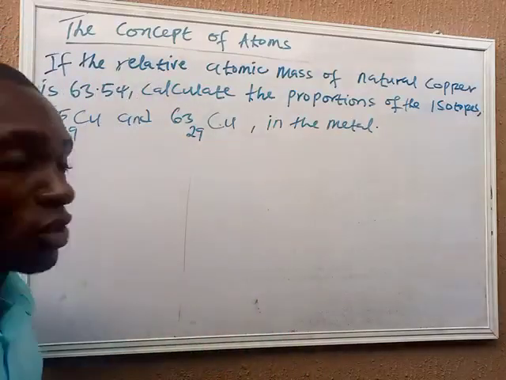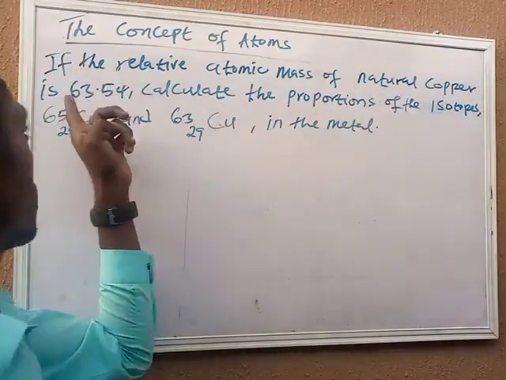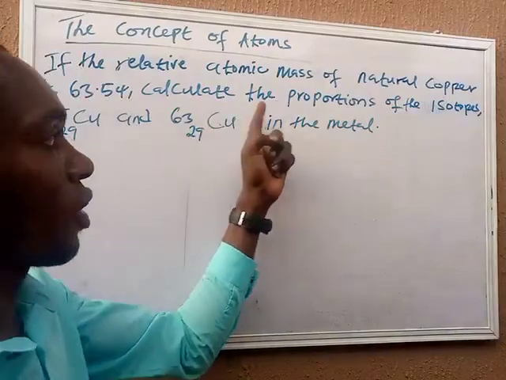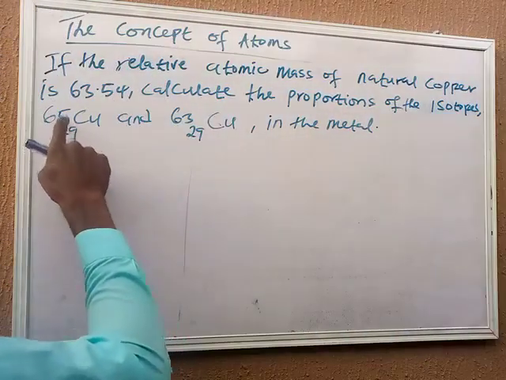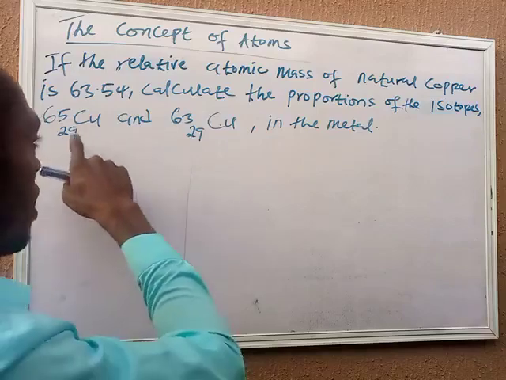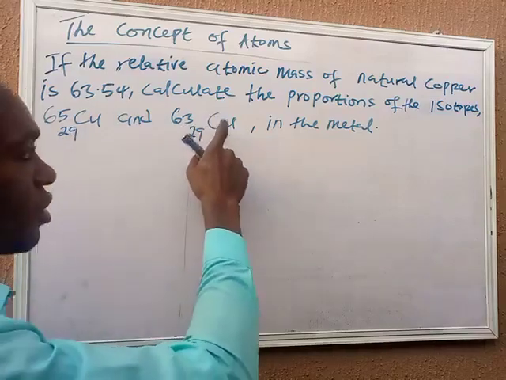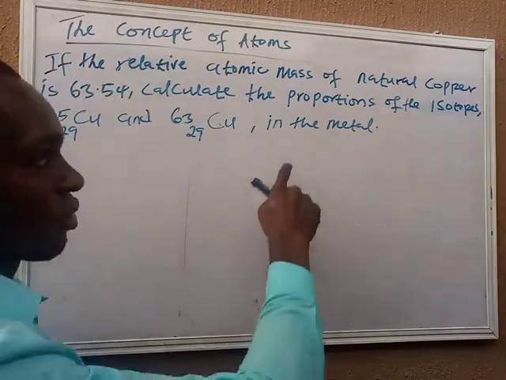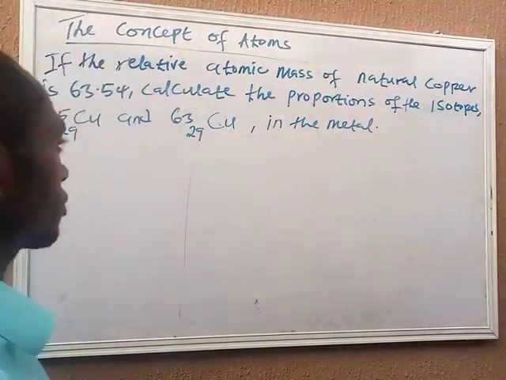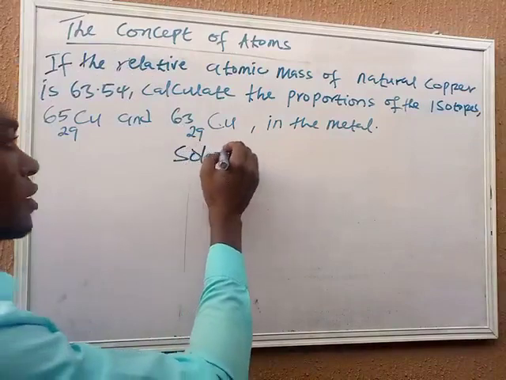If the relative atomic mass of natural copper is 63.54, calculate the proportions of the isotopes. Copper 65, atomic number of 29, and copper 63, having atomic number of 29, in the metal. Now, we know that